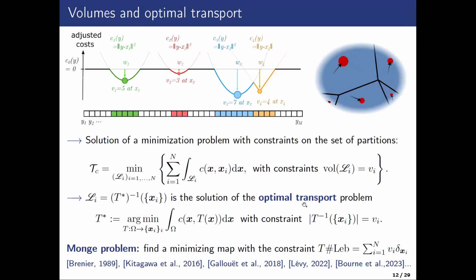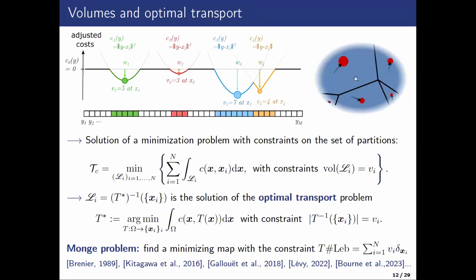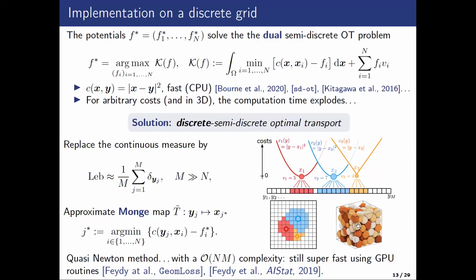And it's very good because many people in this room know how to solve optimal transport problems on a computer very fast. So here, what we used is actually a semi-discrete optimal transport. You want to transport a continuous measure, the Lebesgue measure, to a discrete measure, this set of points weighted by the volume. But the Lebesgue measure is a bit complicated because it's a continuous measure, but you can always discretize